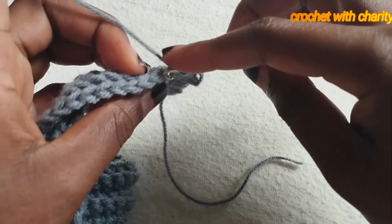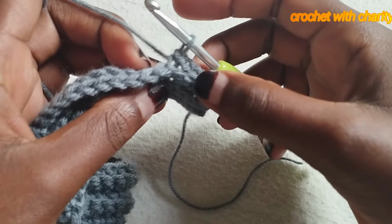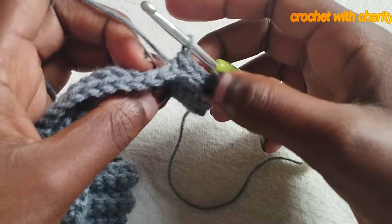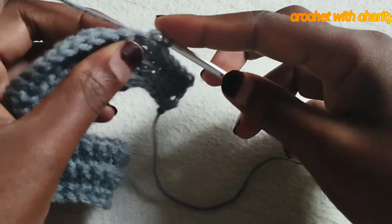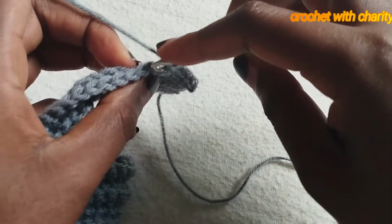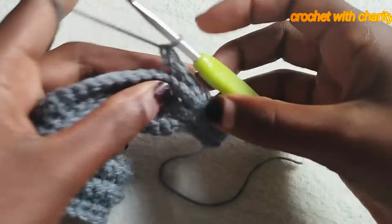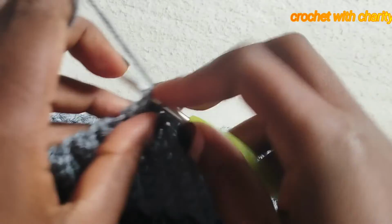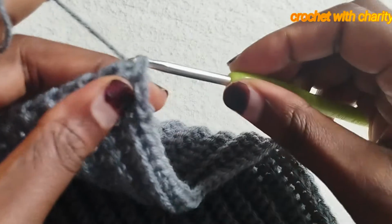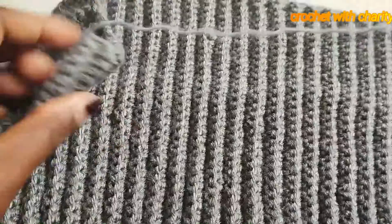Okay, so once you have 6 slip stitches, you switch into making single crochets in every stitch. So doing the last stitch of my 76th row, and so far this is how